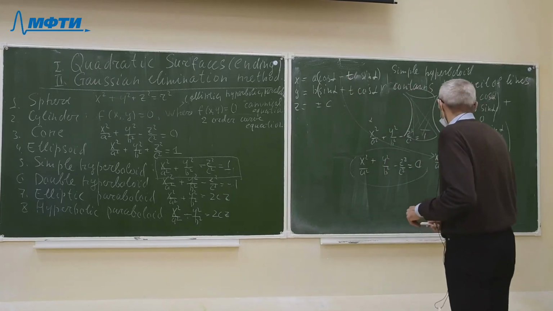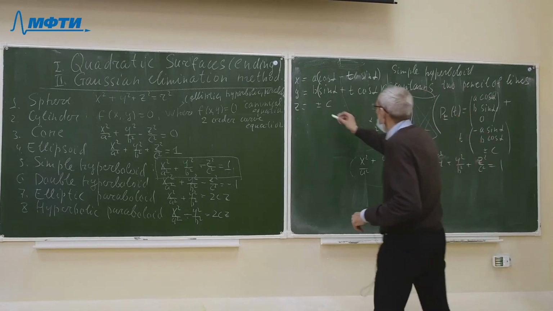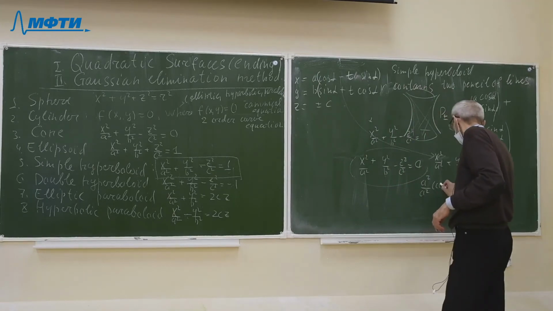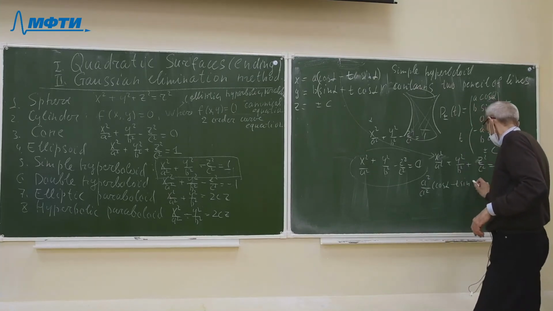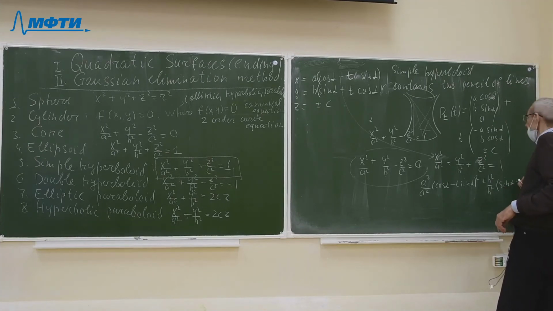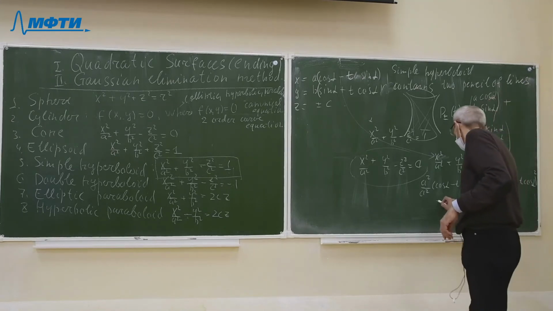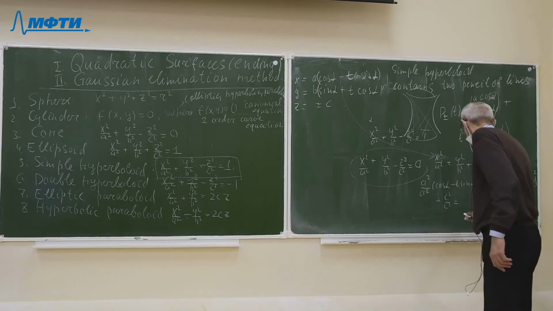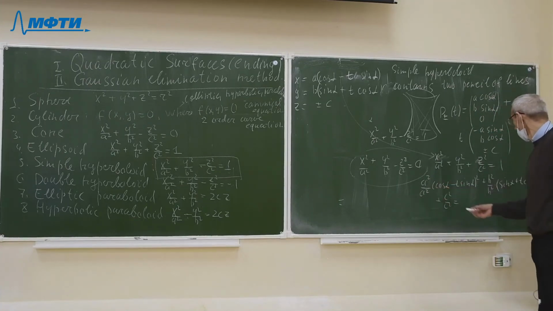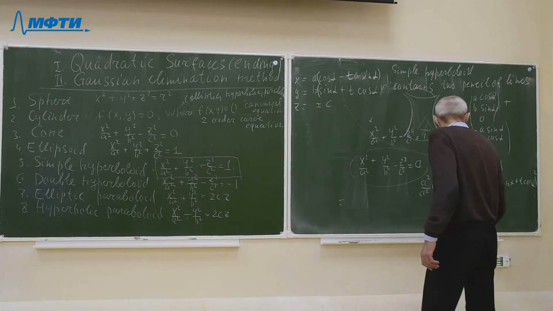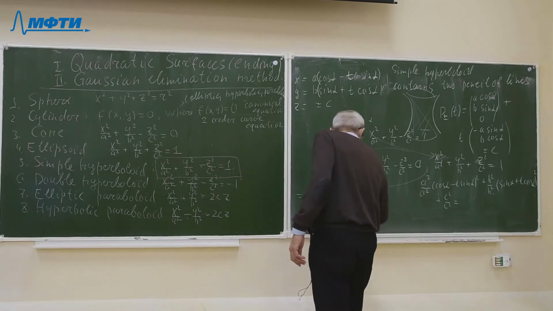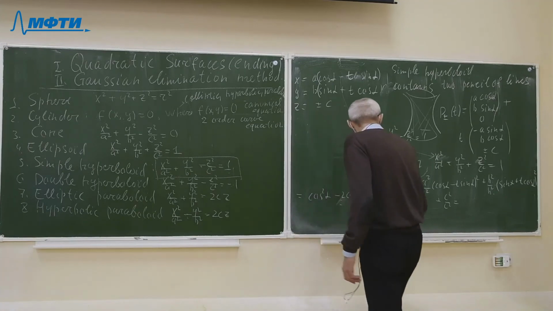We can substitute this equation in this, and we obtain a squared divided by a squared times (cosine alpha minus t sine alpha) squared plus b squared divided by b squared times (sine alpha plus t cosine alpha) squared plus c squared divided by c squared. It is easy to see that a squared cancels, and b squared divided by b squared is equal to 1, and we obtain the following expression: cosine squared alpha minus 2 cosine alpha sine alpha